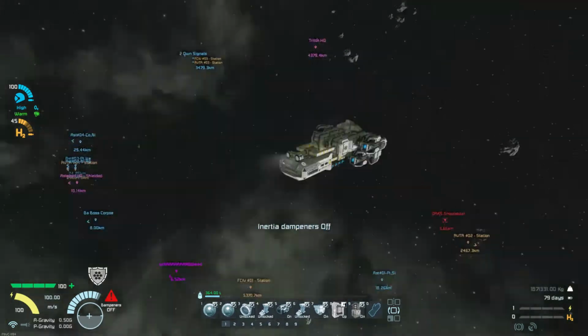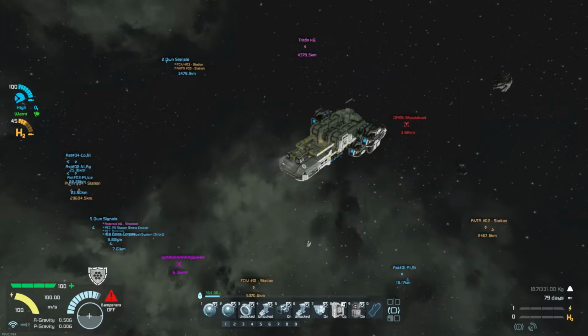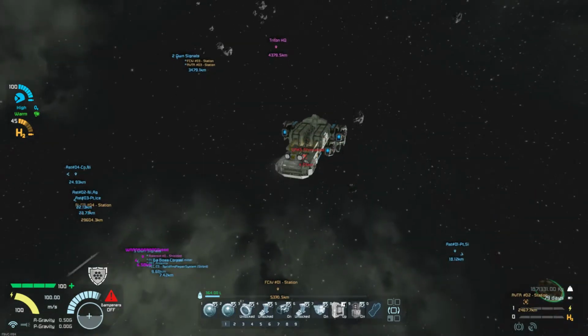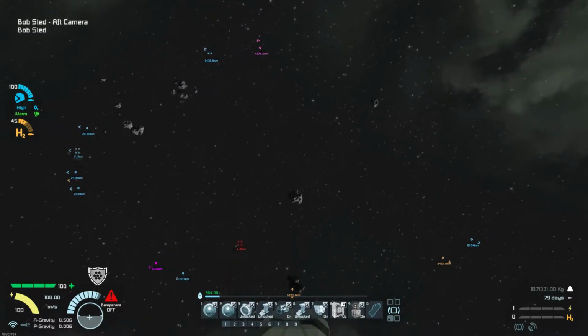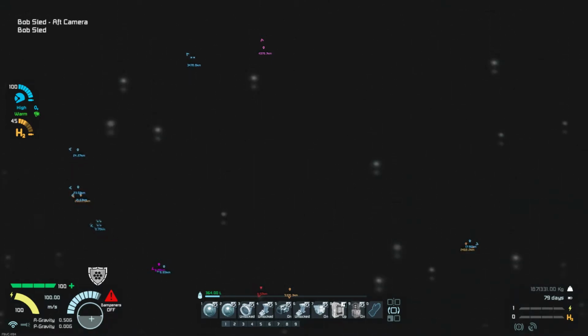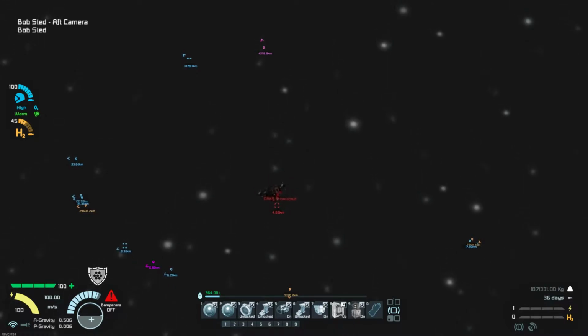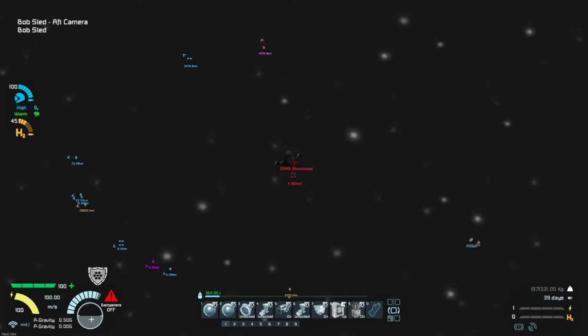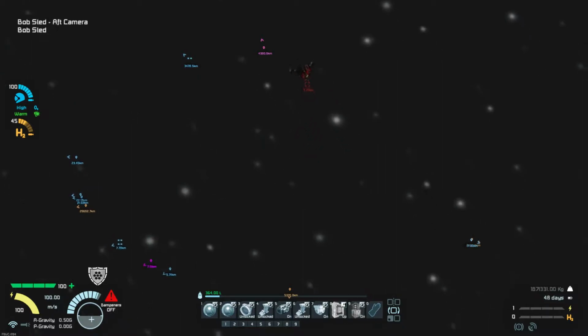Let's see. So we got a balsa out there, we got a shooter boat behind us. Hopefully that is heading away since we are in a free flight mode. I did install some cameras specifically so we can take a look at what's going on behind us. And that looks like